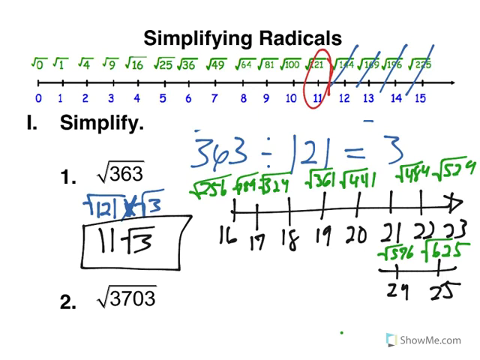I'm sorry, actually I did that one wrong. This one, 441 is 21 squared, and then I skipped it. The square root of 441 is 21. Square root of 400 is 20. Okay, so if I look at my